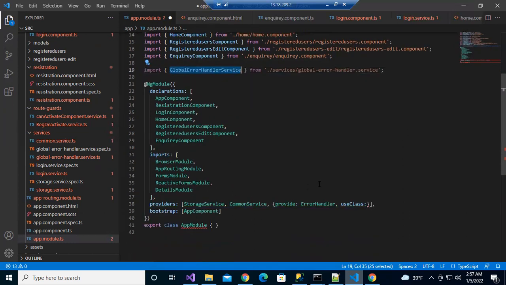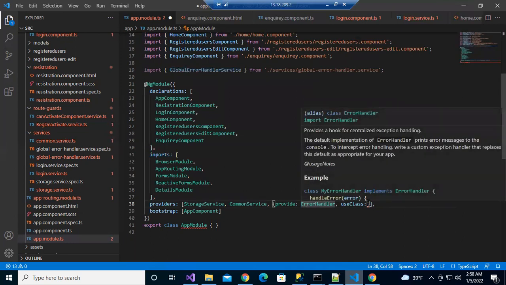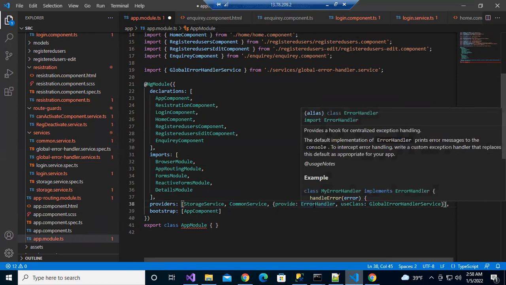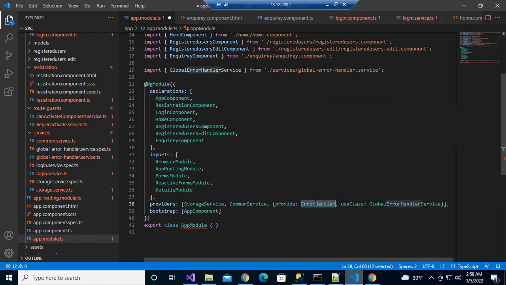So whenever any exception occurs, this error handler is called, and for this error handler, I am also invoking some class. In that situation, only for the error handler we need to use this. By default Angular will call this one. Whenever this file is called, please call this file also. I mean, this is nothing but an instruction. Save it. Done. We'll do the same operation.